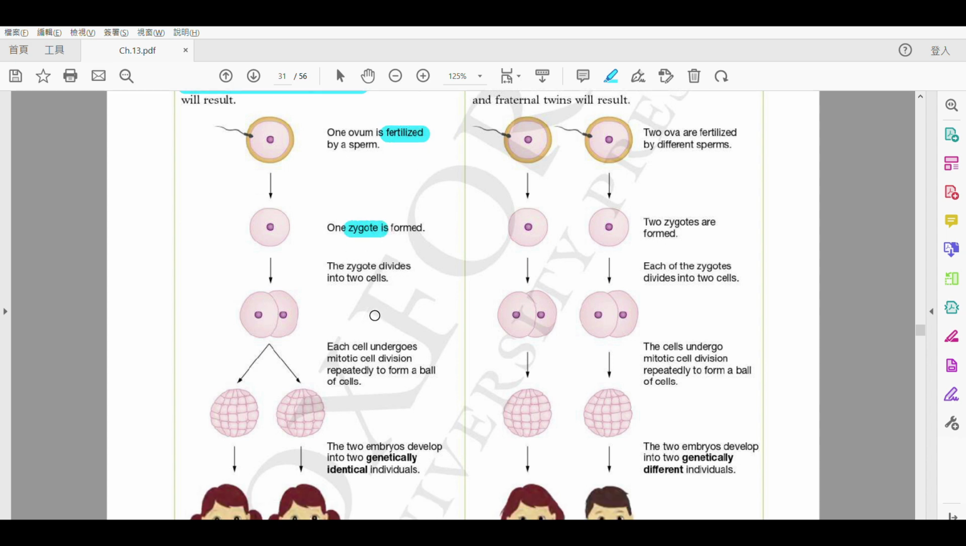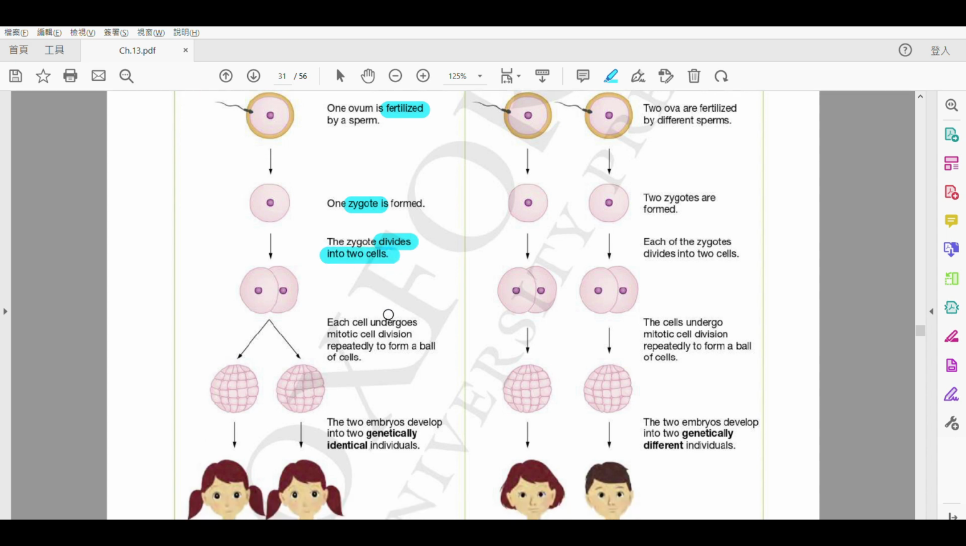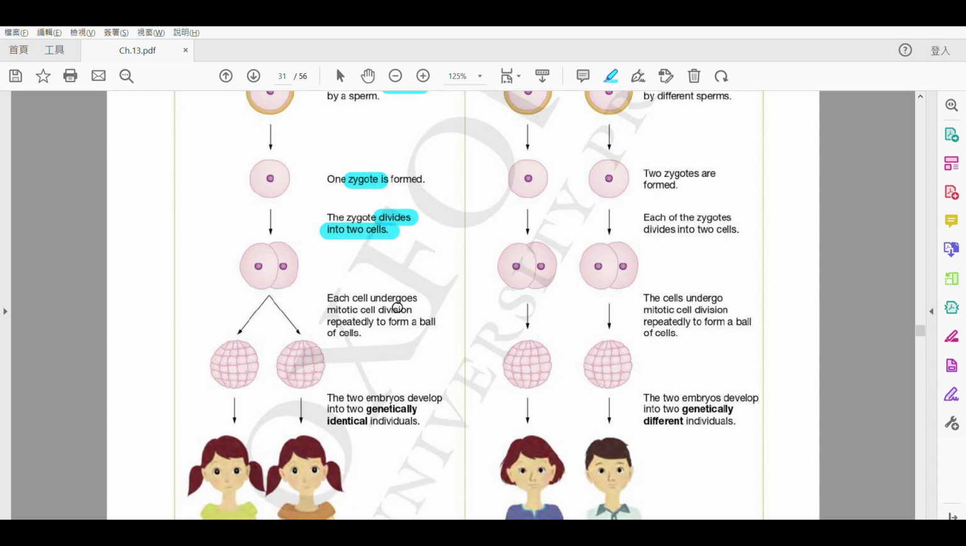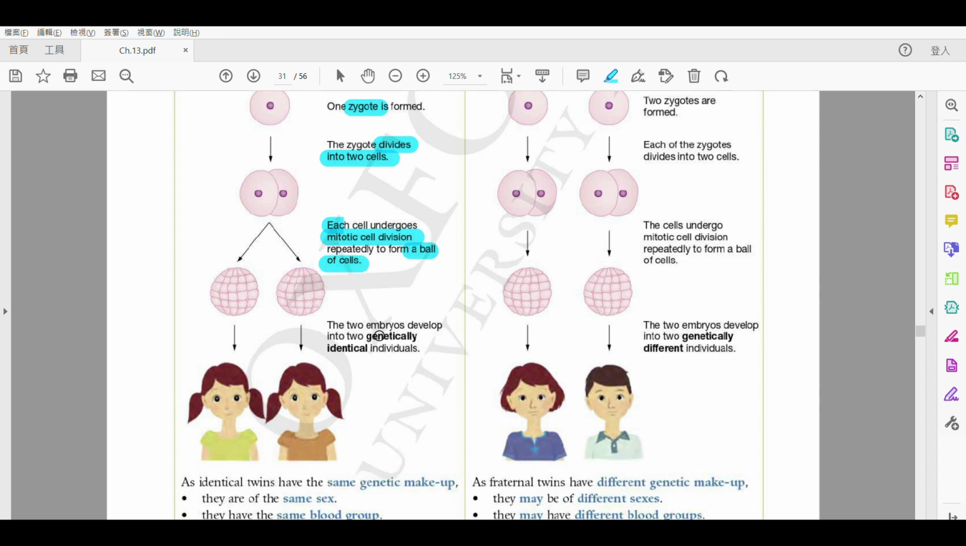睇一睇咯。首先啦，first one fertilization, and then formation of zygotes, and then divide into two cells。再之後啦。Each of them 係每一個都會 carry out mitosis 然後 become a ball of cells。最尾啦，you will see that they are genetically identical 嘅。